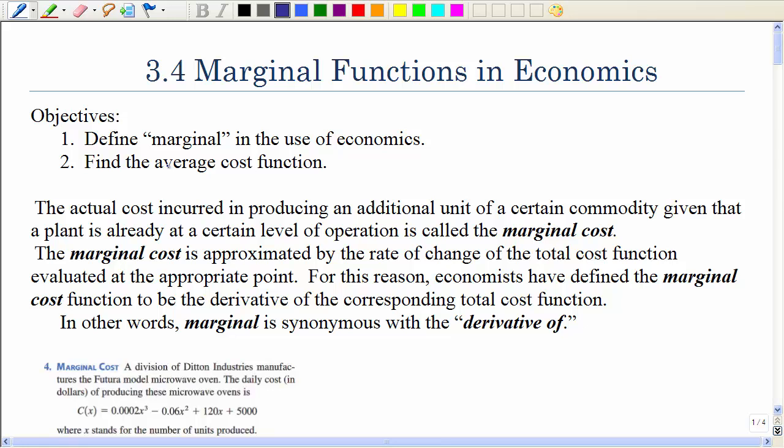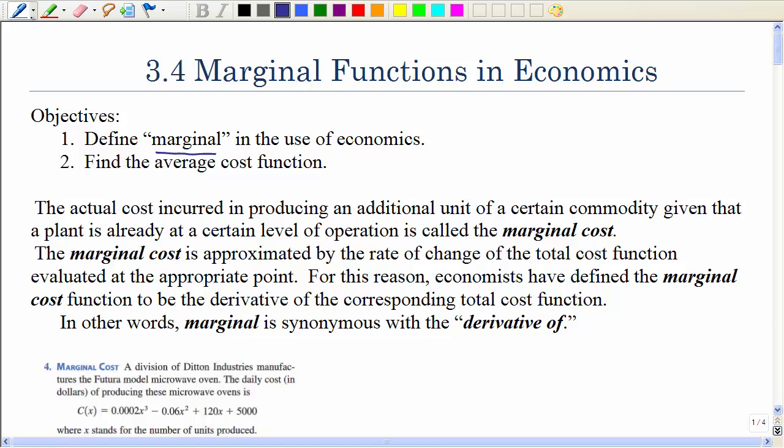Section 3.4 is going to allow us to use our derivative rules that we've learned in the previous sections. Yes, it's going to be lots of word problems, but you're going to see some of the same words. We're going to use that word marginal quite a bit. All right, so we're going to talk about the cost and the profit and revenues, much like we did in